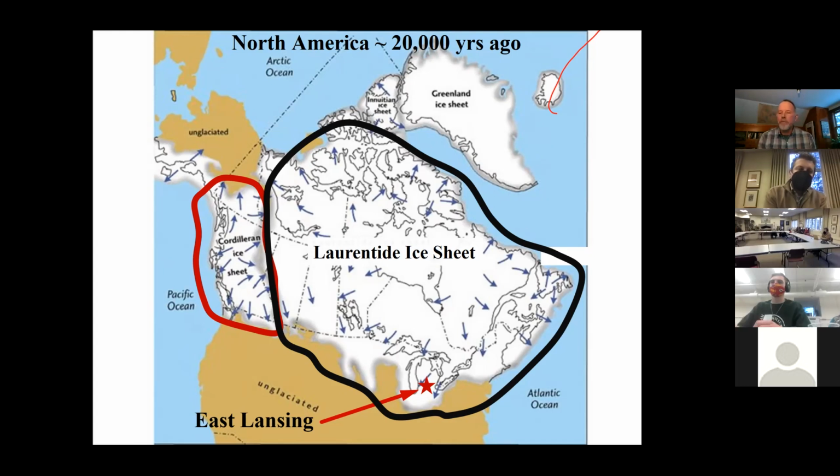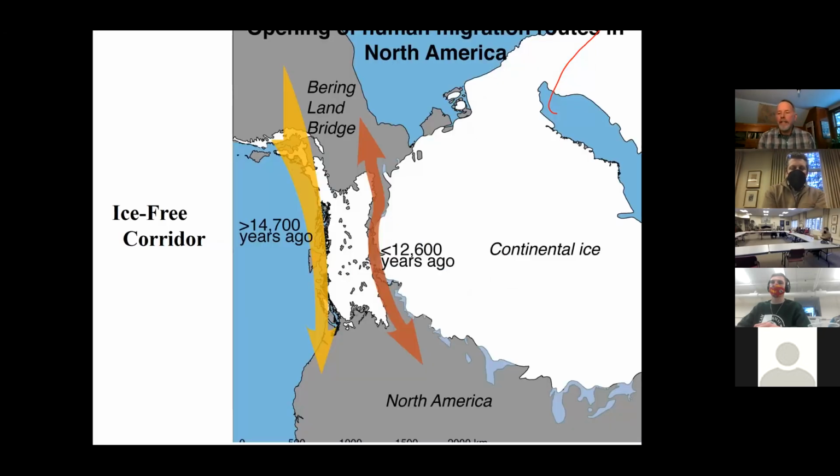During the last glacial maximum, the Laurentide ice sheet and the Cordilleran ice sheet had each spread so far that they joined. But of course, as deglaciation occurred, the famous ice-free corridor, which you might have heard about, developed between those two ice sheets. And it was through that gap that